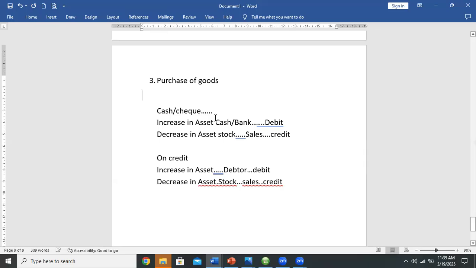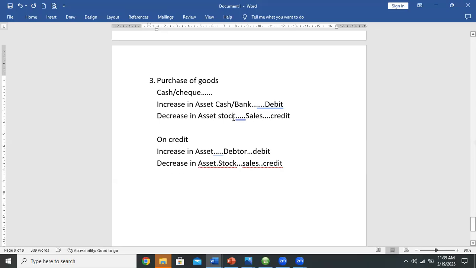If you purchase with cash or check, there will be a decrease in your assets. This time, cash or check. Because you are paying money, so your money will decrease. So there will be a decrease in asset, cash, or the check, which is bank. And there will be an increase in asset stock. So you see, the purchases is the opposite of the sales. So if you can turn it around, okay. So increase in asset stock because you are purchasing, and decrease in the asset cash or bank because you are